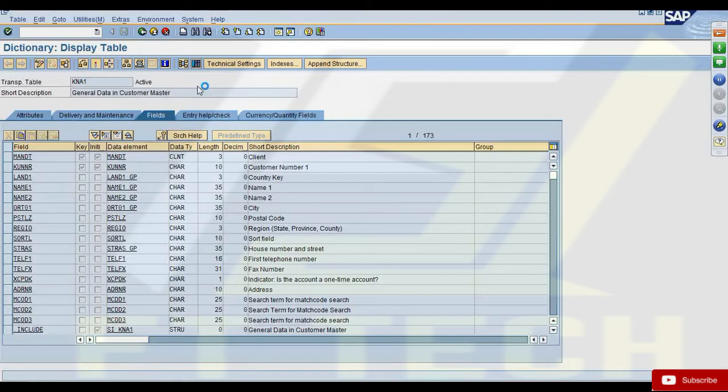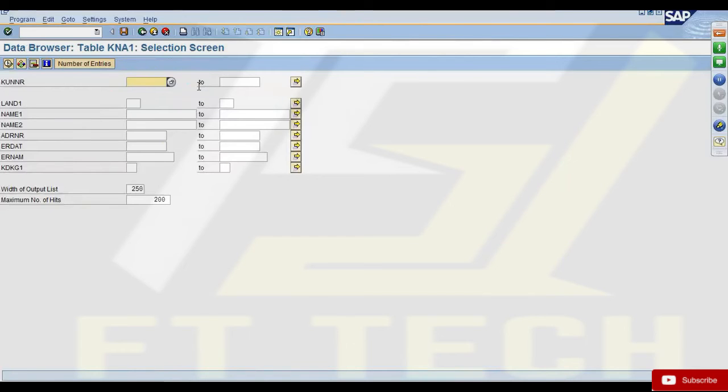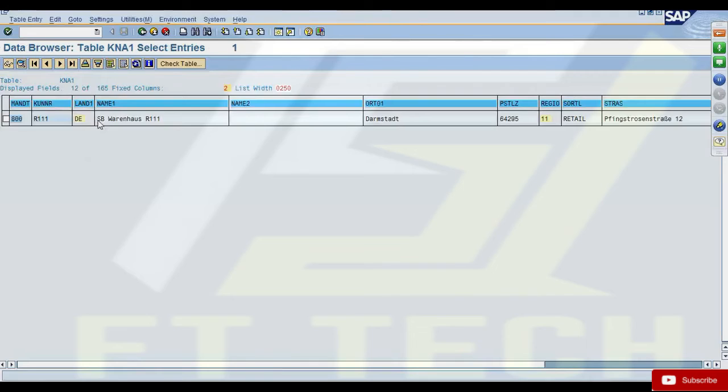So in this KNA1 table, if I give this payer KUNNR, then it gives me the name, address, everything in this table. So simply print the name. The NAME1 field will give you the name of the payer.